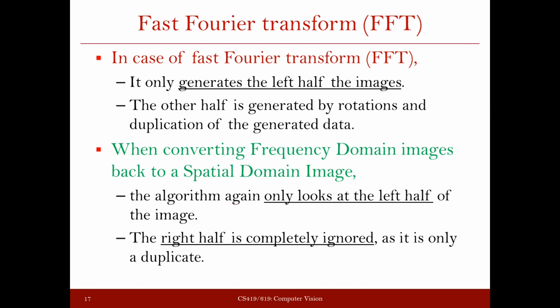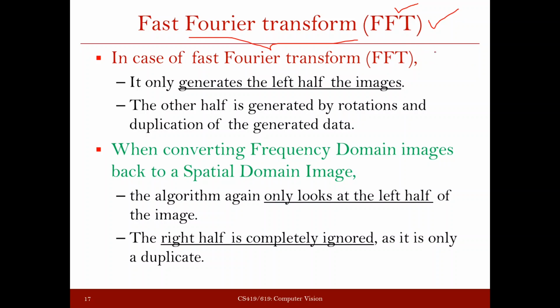Okay, now to compute the Fourier transform in a faster manner, there is a Fourier transform called the fast Fourier transform. This is again the same thing, it's a Fourier transform only. If you give any image to this fast Fourier transform algorithm, what you get is just the Fourier transform, but the algorithm used to get that transformation is an efficient algorithm, so it is faster. That is why it is called the fast Fourier transform. We are not going to discuss the complete details, but I just want to highlight an important point here.